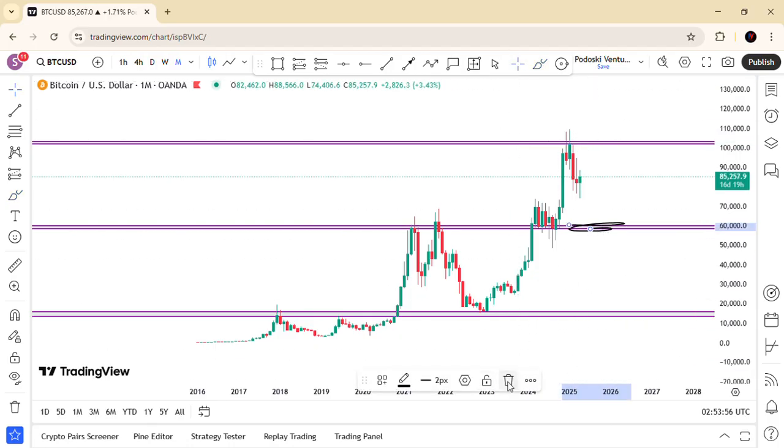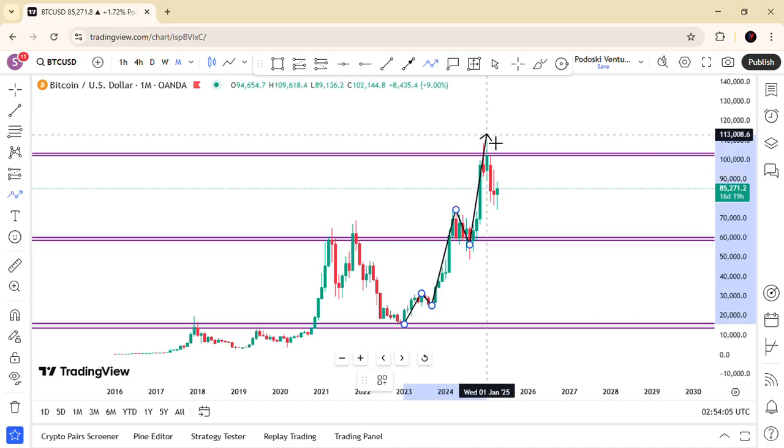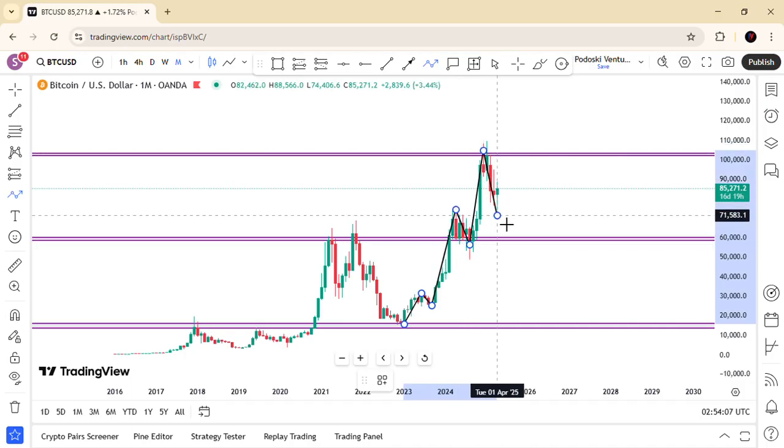On BTC USD, I'm looking at an uptrend. Higher high, higher low, higher high, higher low, higher high. We are seeing a higher low. So since the higher low is completed, let's look for buying opportunities all the way to the previous high and